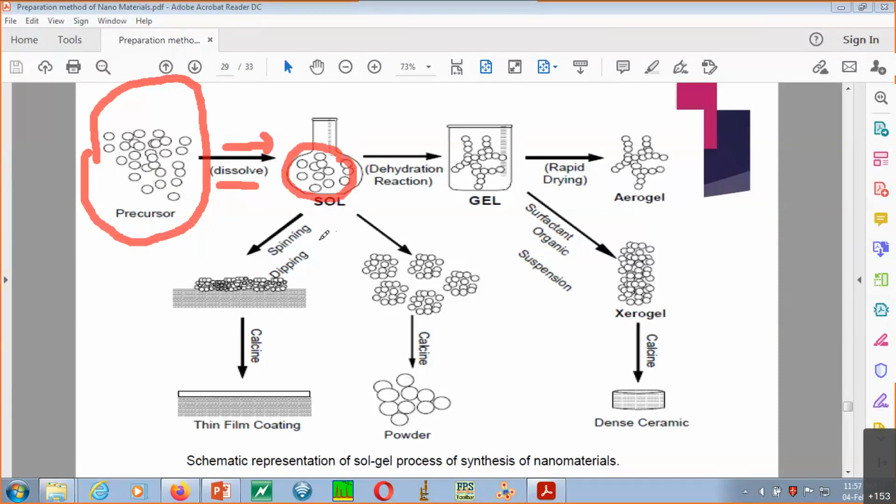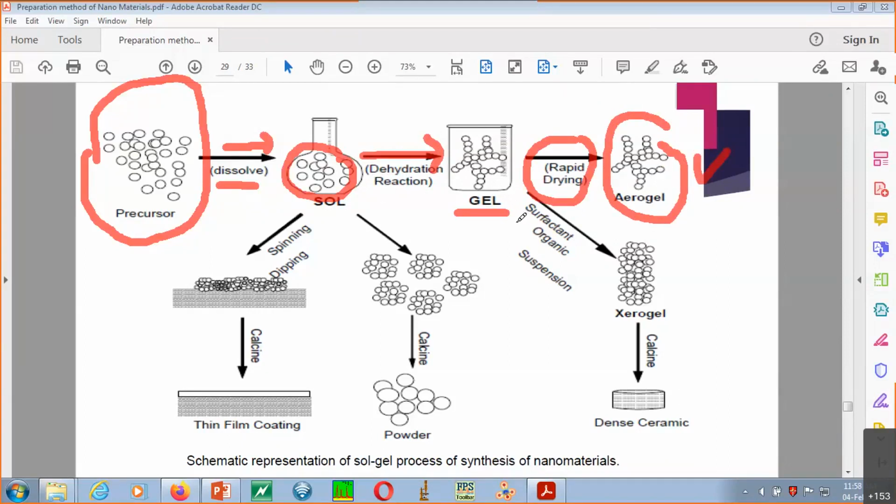Now with that, there are multiple approaches one can follow. As I said, there are a variety of techniques in the sol gel method. Here you see, if you dehydrate the sol, you will get a gel. Is that clear? And if you do rapid drying, एक और process अगर मैं कर दूं, then I will get a structure which I am representing as an aerogel. अगर मैं जेल को भी rapid dry कर दूं, तो जो structure मुझे मिलेगा, that I am classifying as an aerogel. I have given a name like this.